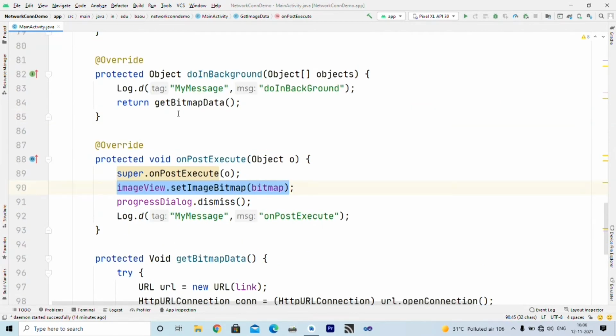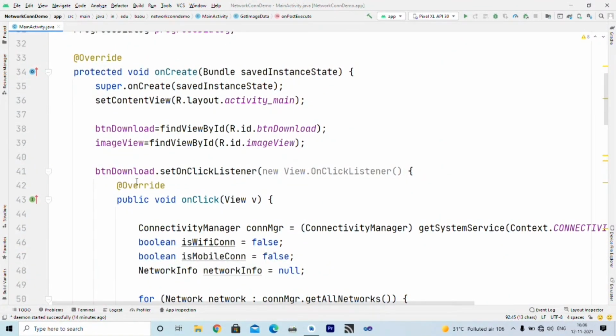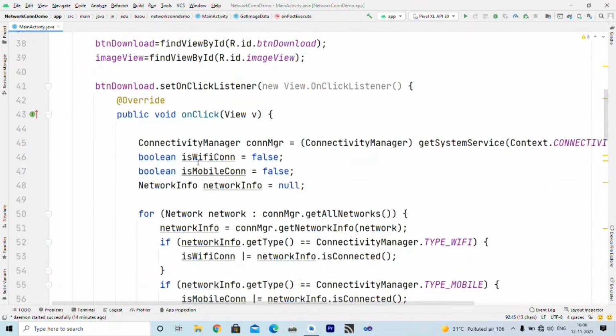After downloading the bitmap, what we want to do is set that bitmap inside the image view using the set image bitmap method, close the progress dialog, and inside the logcat window I want to display on post execute, right? So the flow is like this. When the user clicks on the download image button, we will establish connectivity using connectivity manager.